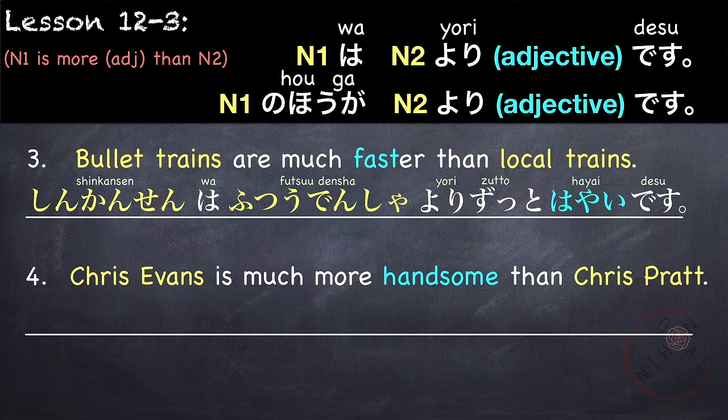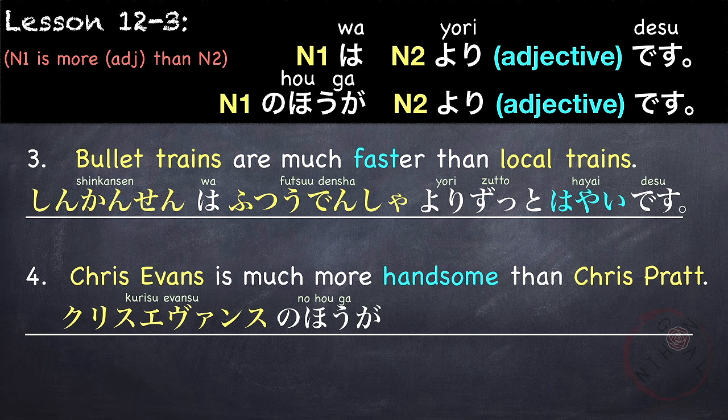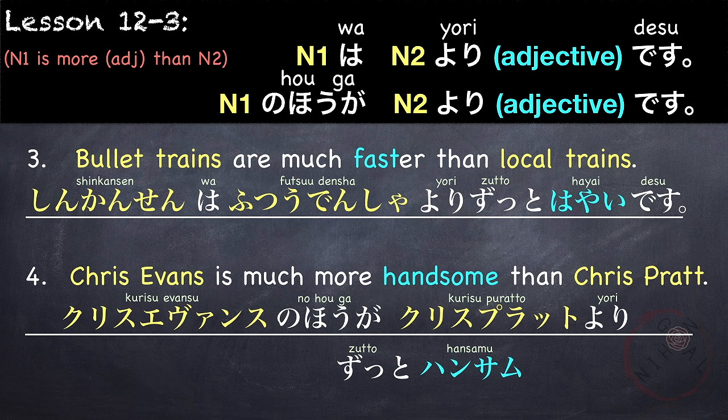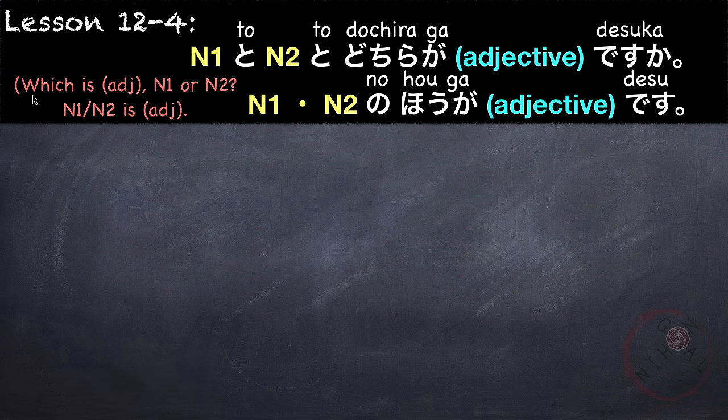Another example, Chris Evans is much more handsome than Chris Pratt. This is just an example, so I know some of you might think otherwise. Anyway, our N1 is Chris Evans. Chris Evans no hou ga Chris Pratt yori, much more handsome, zutto ハンサムです。クリス・エヴァンスの方がクリス・プラットよりずっとハンサムです。Of course, if you think otherwise, you can say, いいえ、クリス・プラットの方がクリス・エヴァンスよりずっとハンサムです。